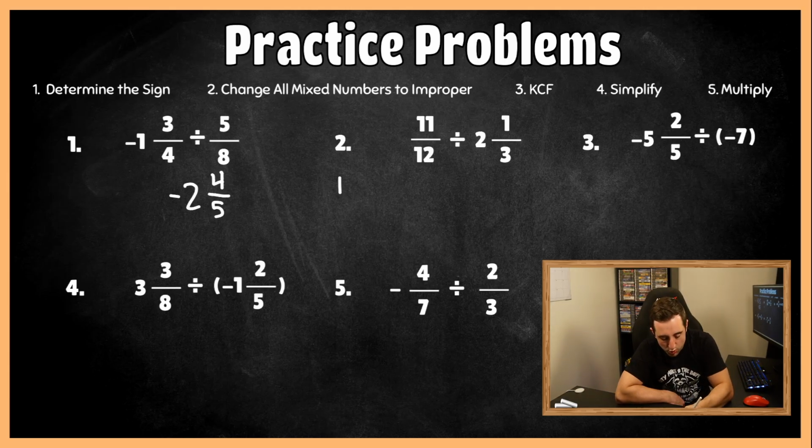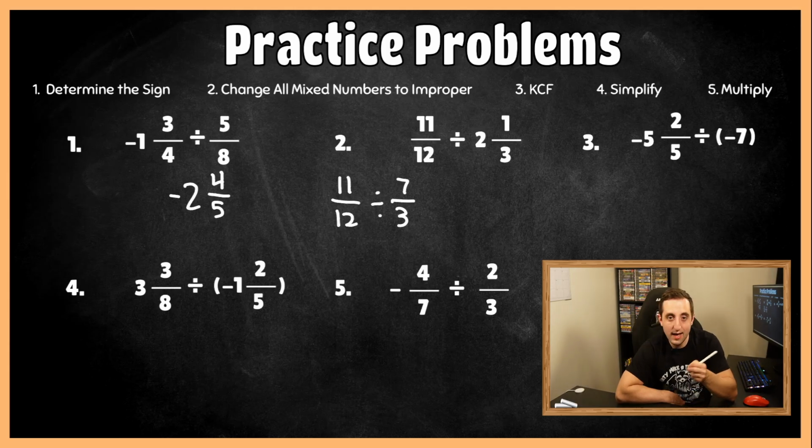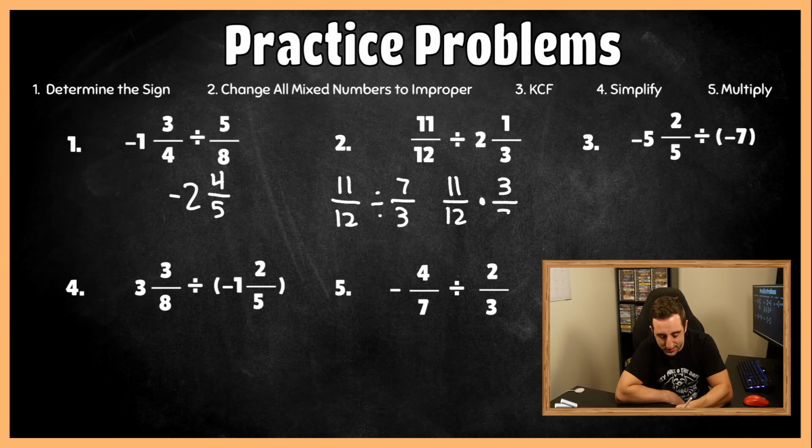So 11/12 is going to stay the same for right now. Division is going to stay the same. 2 1/3 should be 7/3, and now we want to utilize keep, change, flip. So keep 11/12 the way it is, change division to multiplying, and then flip it, so now it is 3/7,